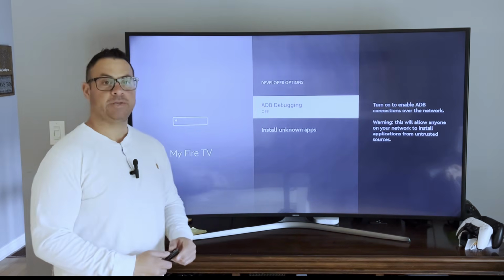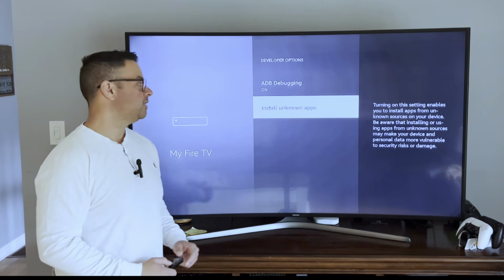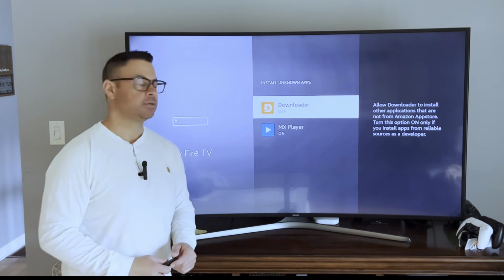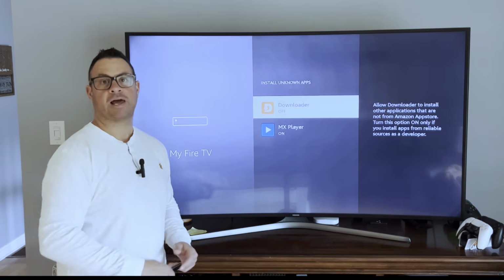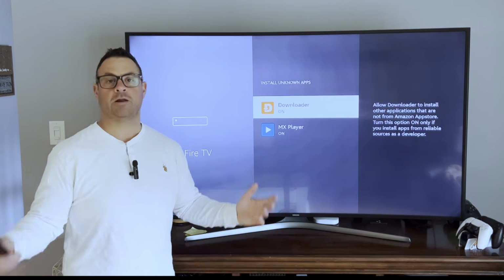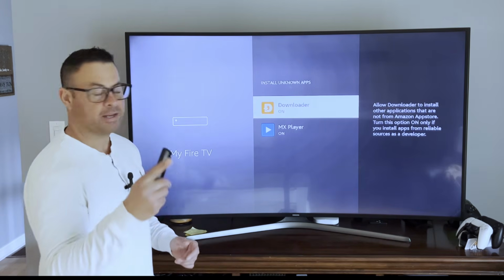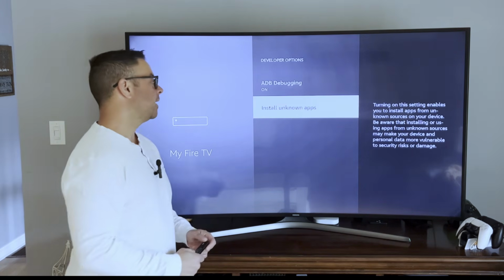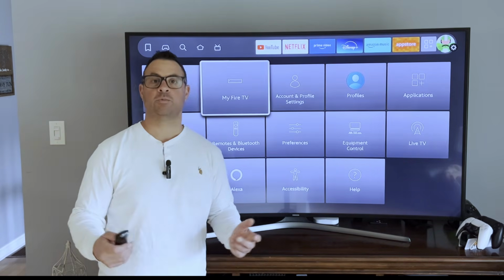Here we have ADB debugging, just select it to turn it on. And then highlight install unknown apps, select it. Downloader here, it says off, we just select it. Now it turns it on and this gives Downloader the ability to install applications that may not be available in the App Store. We can back out once, twice, 3 times, back to the home page, and we look for